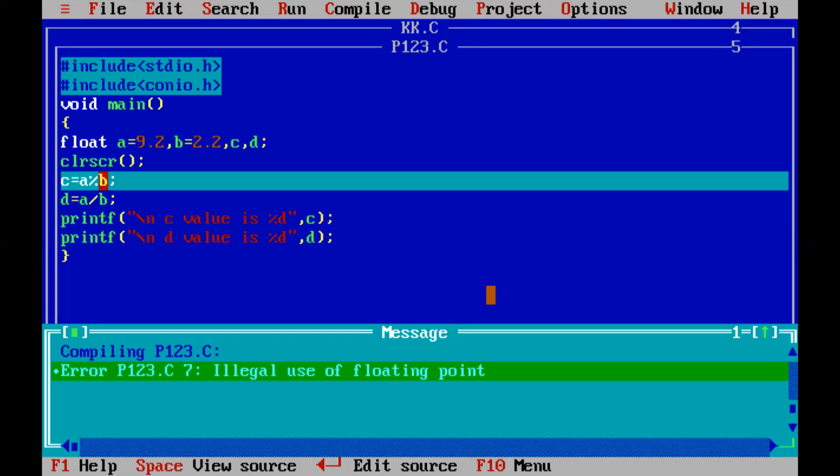You can't use modulus operator in between float values. Only modulus operator is applicable for integer values. Only integers. Okay, that's all.